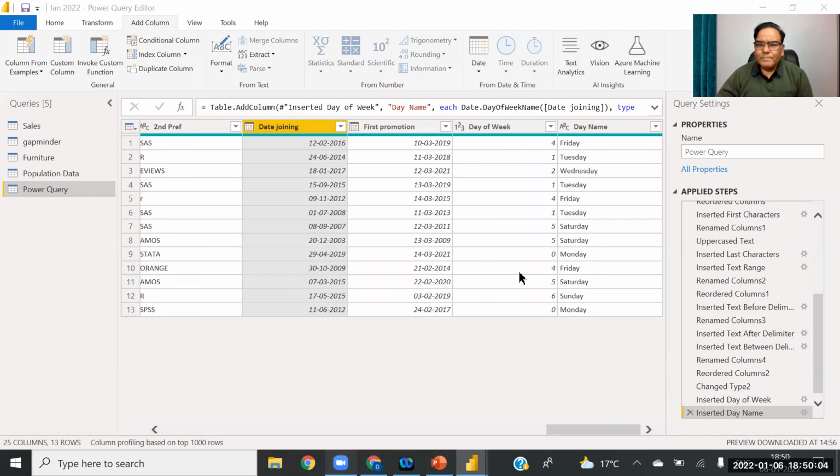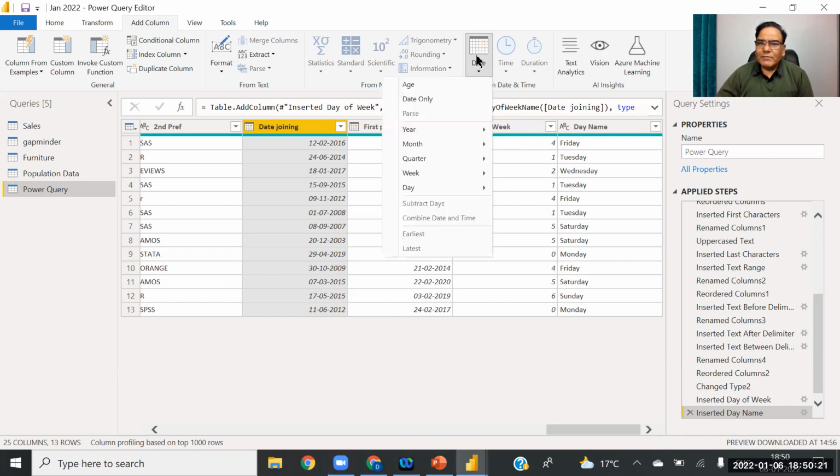According to Power BI, 0 means Monday, 1 means Tuesday, and 2 means Wednesday. So this is the nomenclature of Power BI. So 0 is the start of the week, Monday. So all the date functions are available here.